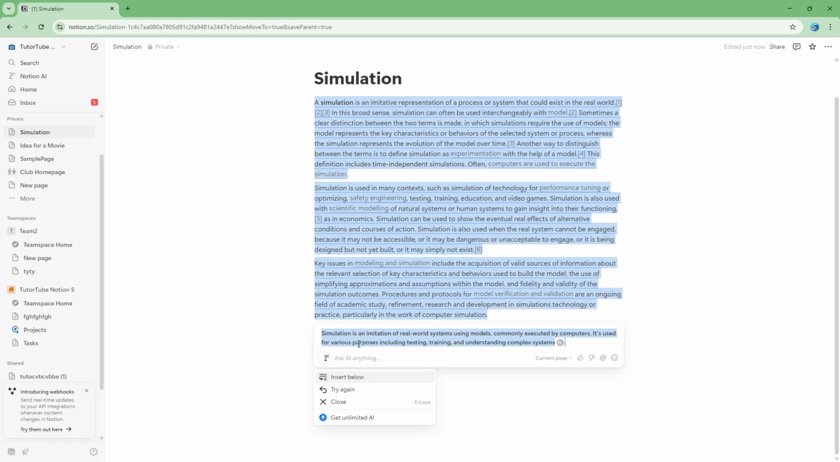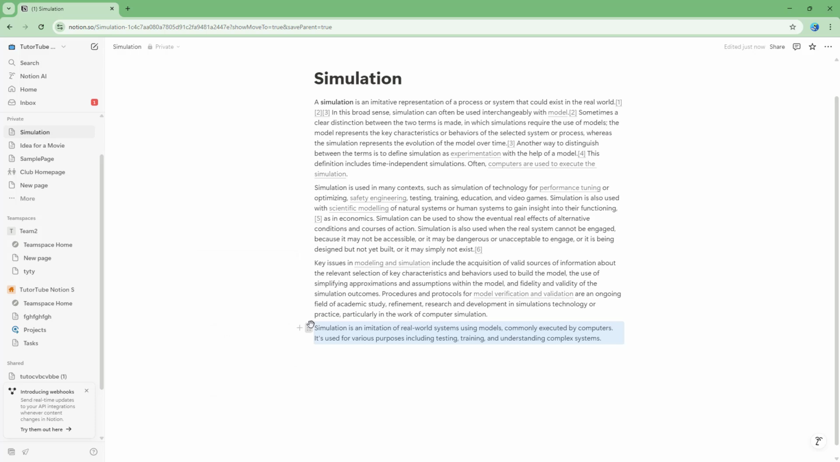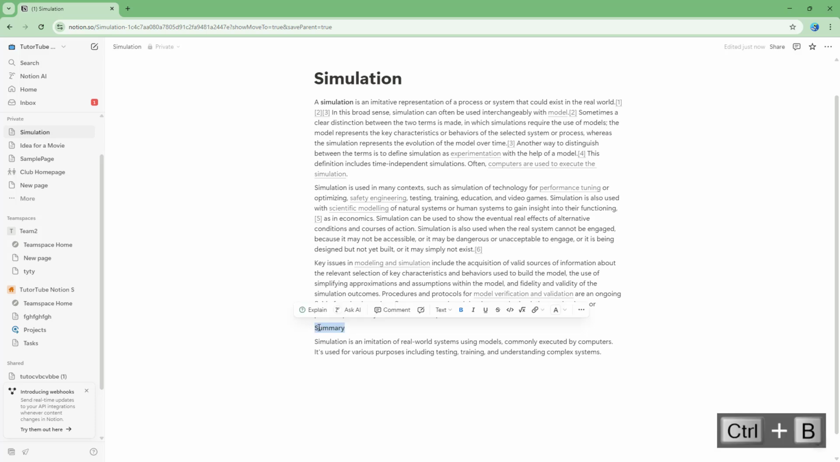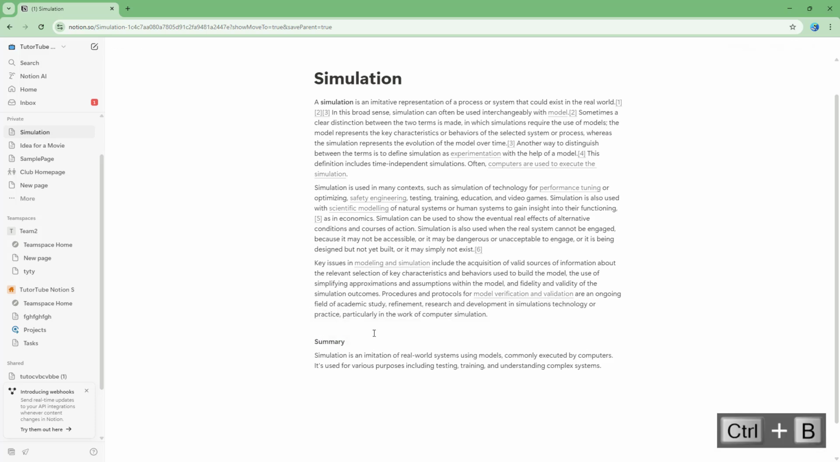So a simulation is a real world system using models commonly executed by computers. It's used for various purposes right here, just like this. You can insert it below right here, just like this. Press enter and say something like summary right here, just like this. And this is how you can go ahead and utilize AI in Notion to summarize out the contents as you like as well. So I hope you guys learned something